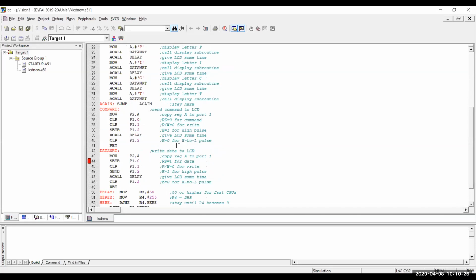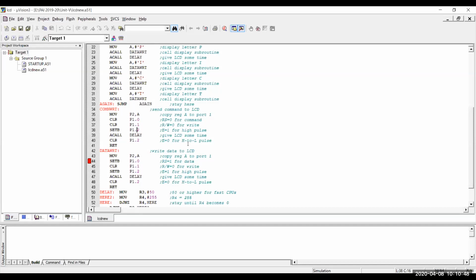As I said yesterday, port P2 is connected with the data pins of the LCD, and P1.0, P1.1 and P1.2 are connected with RS, RW and E respectively.